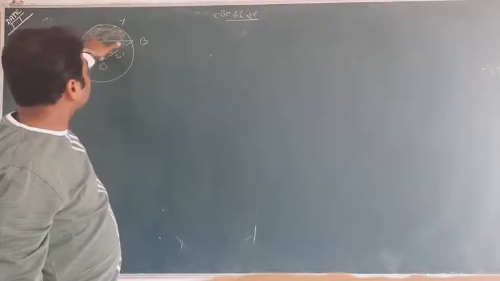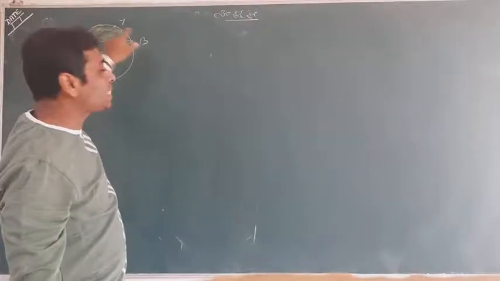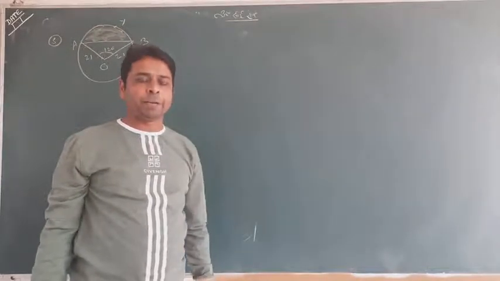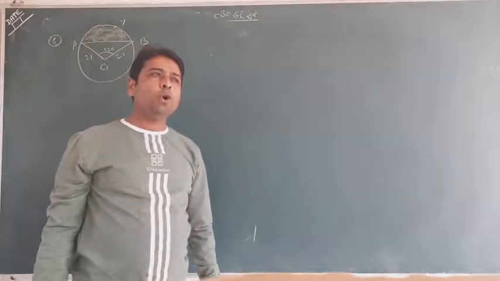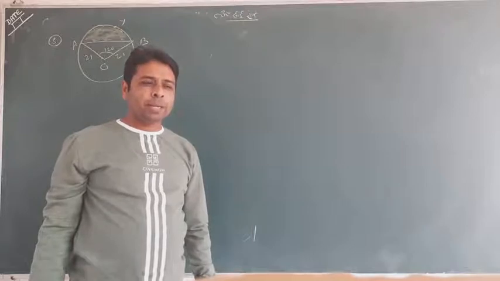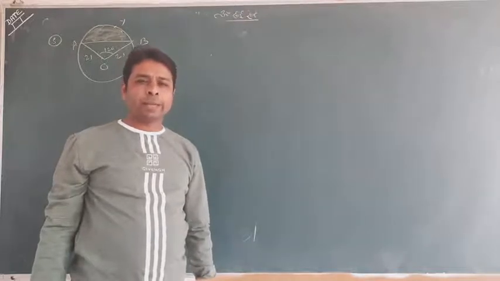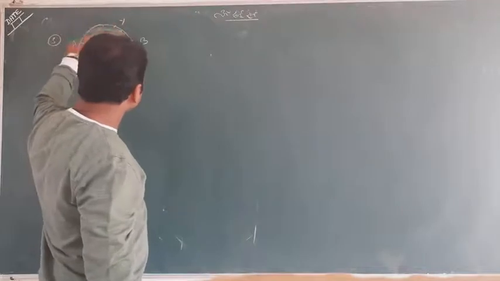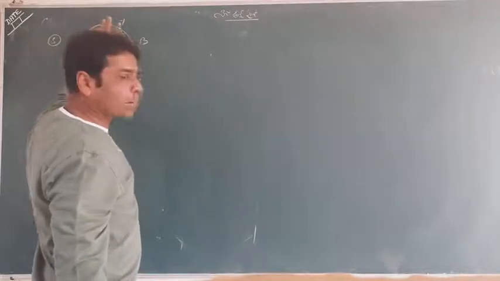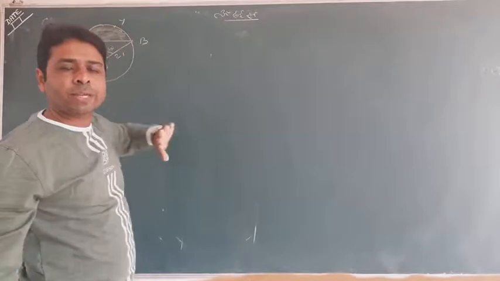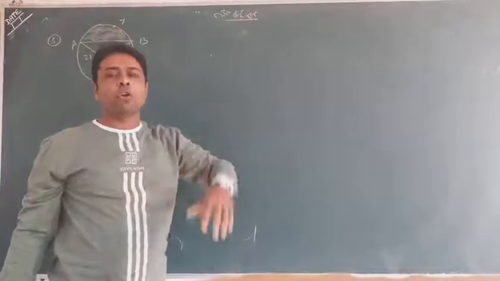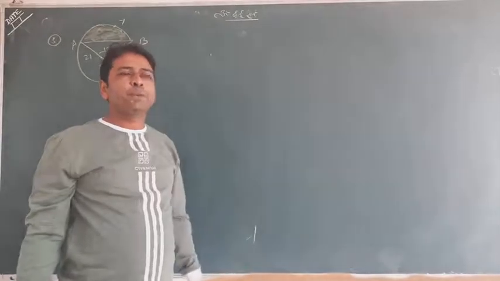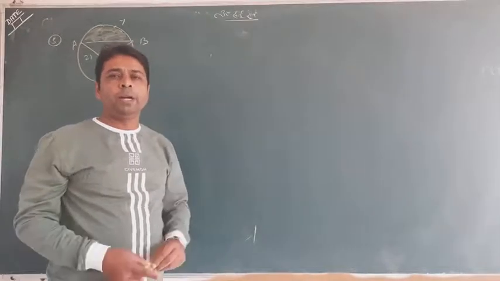You know that you have to find the area of segment. Recently I made you write the formula for area of segment. If you go by the particular method, the actual method is: area of sector first you will find, then area of triangle you will find, then you will subtract the area of triangle from the area of sector. It's going to be a very long method. But instead of that, you use a formula, and the formula is very easy.